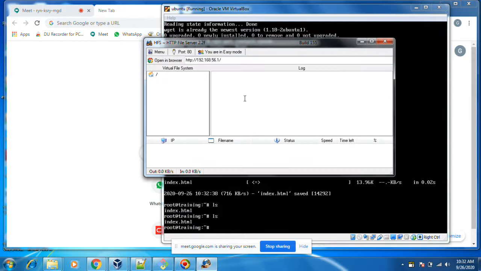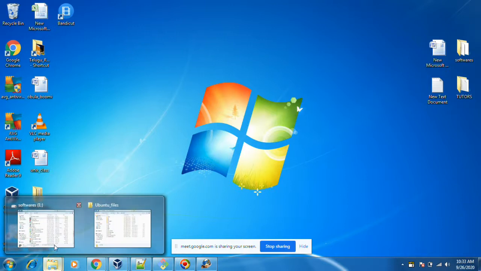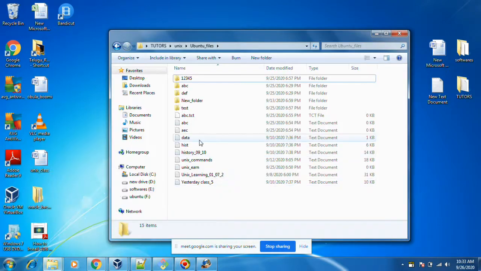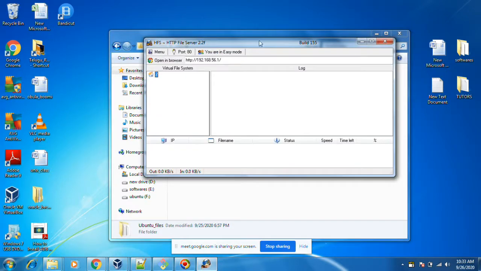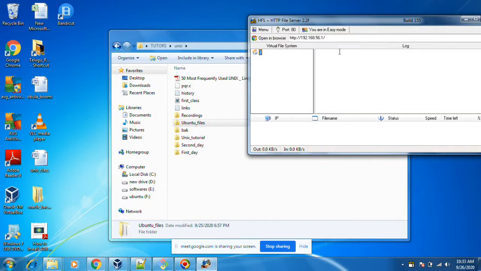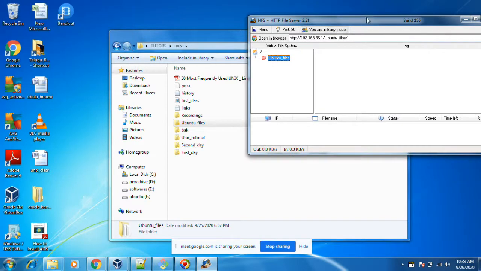Let me do one. Now I am checking this download.